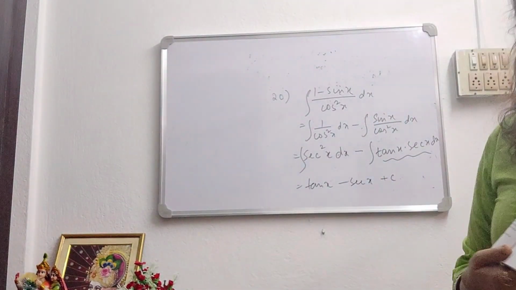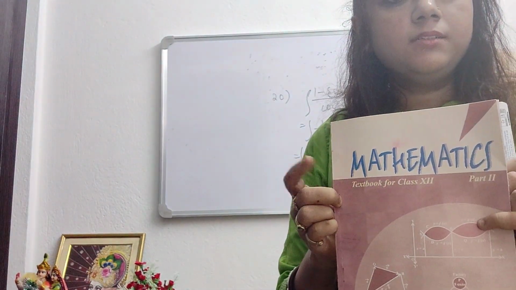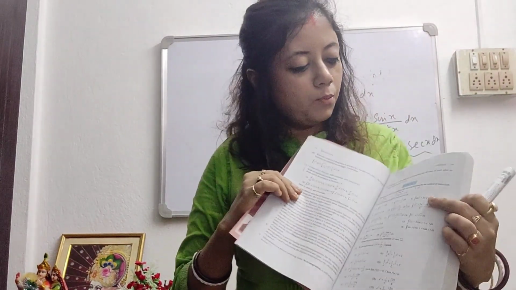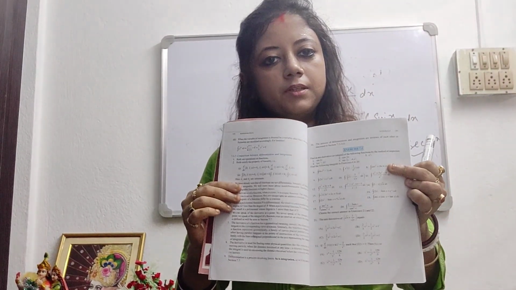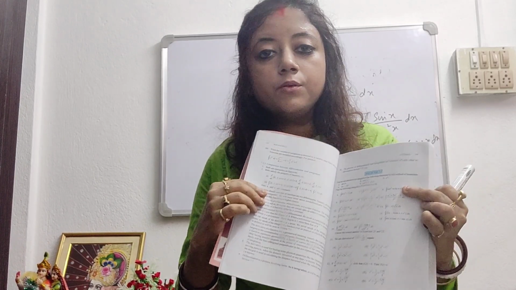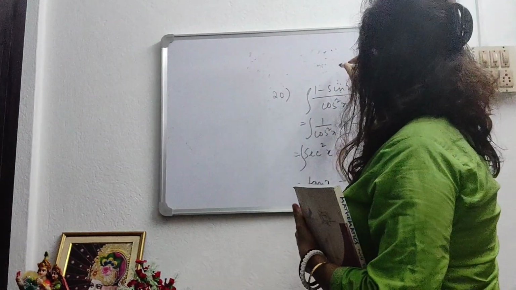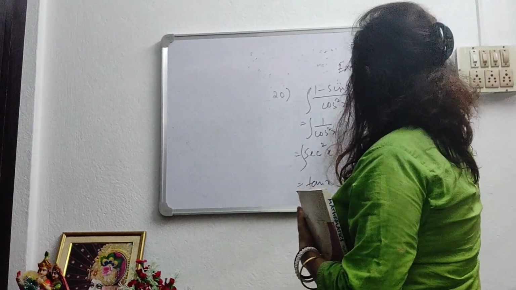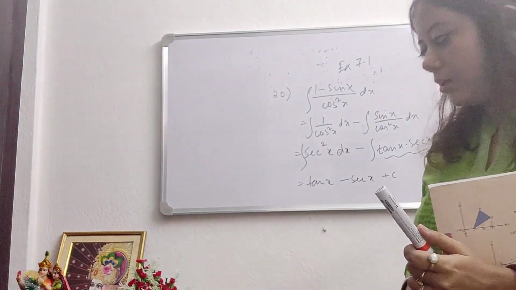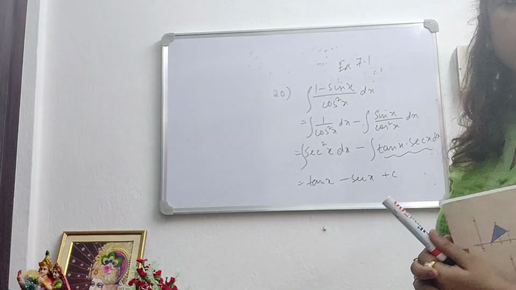So this is the book NCERT volume 2. Okay, this is NCERT class 12 volume 2. You do one thing, you open page 299. It is the chapter I taught you today. So you do this exercise, Exercise 7.1. You can download it from Google. The PDF format, you can download it and go to this chapter and do this chapter as your homework.